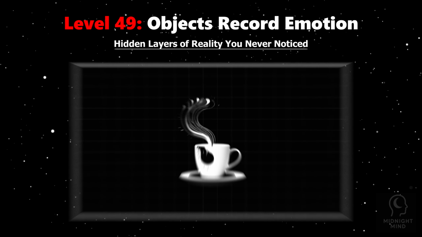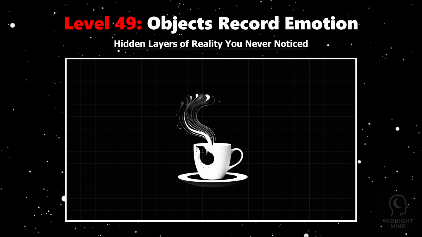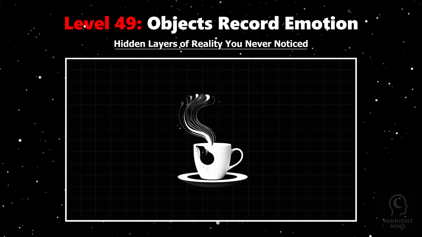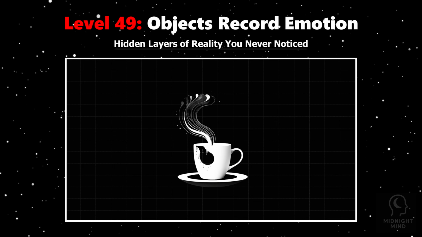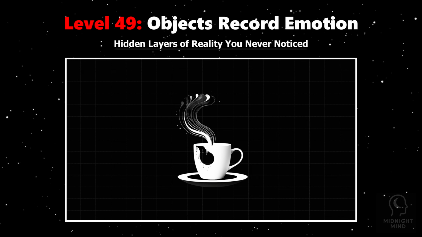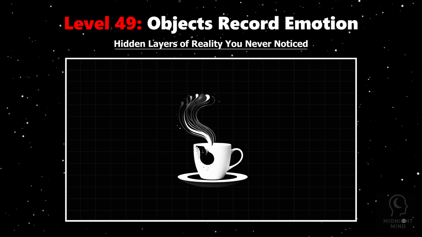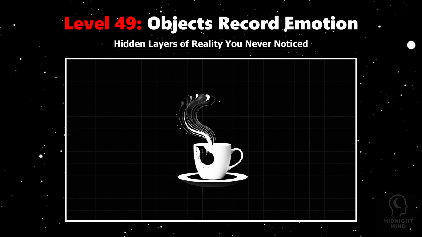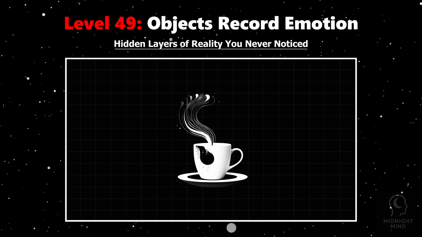Imagine every object you touch as more than just an object, as a silent witness, storing fragments of your emotions. Your mug, your pillow, even a door handle carries traces of your moods, quietly recording the invisible energy you emit. Science shows that human interaction leaves biochemical and physical imprints on objects. When you touch something, your skin transfers oils, sweat, and microscopic particles infused with stress hormones like cortisol or calming chemicals like serotonin. Studies in psychophysiology reveal how emotional states alter these secretions, effectively encoding feelings onto surfaces.